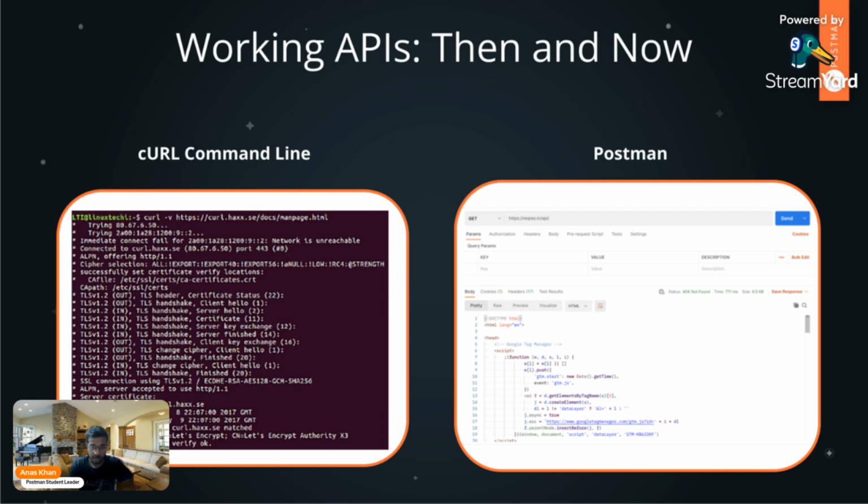Then comes Postman. पोस्टमैन क्या करता है, वो तुम्हें एक प्रॉपर यूआई प्रोवाइड करता है विद लॉट ऑफ फीचर्स, लॉट ऑफ कॉम्प्लेक्सिटीज टू हैंडल विद ईज, and it gives you a platform to make a collaborative environment. For example, when you're working in the software development field, you will be working with a lot of colleagues, I would say. So उनके साथ काम करने के लिए you need a platform to collaborate that Postman also provides. You can collaborate with one API endpoint with others. That's how it works. And it is not possible in curl commands. So yes, Postman simplifies a lot of stuff and it tries to solve real-world problems.